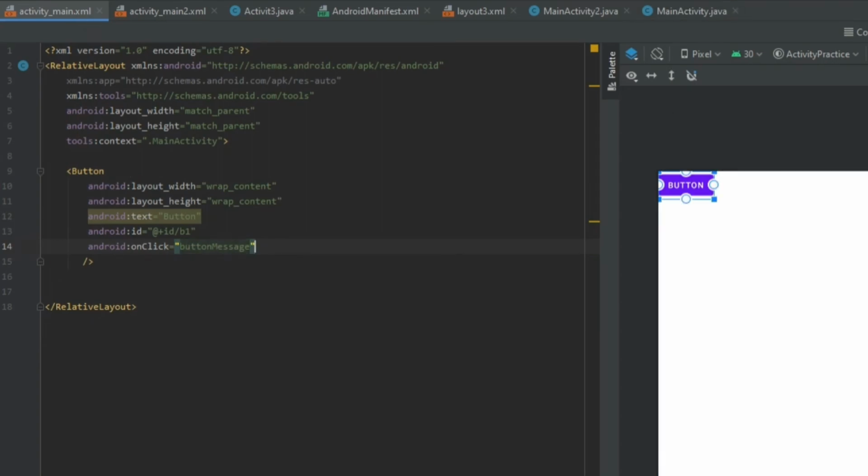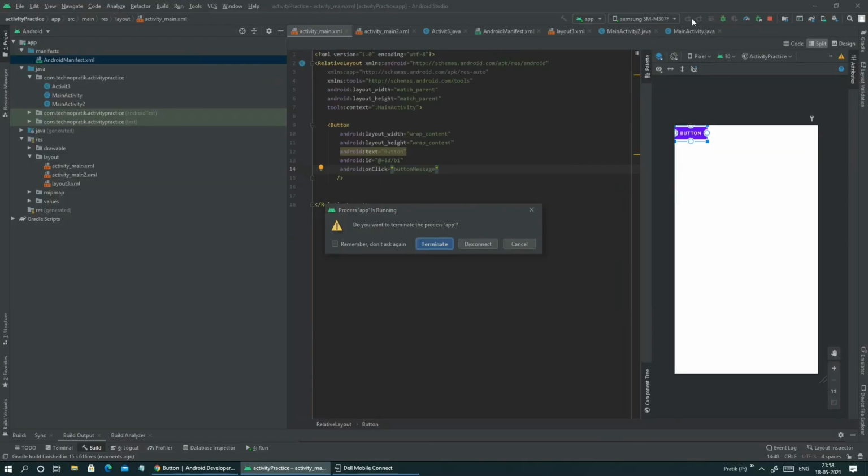Now I will run this, and let's check whether it will work or not. Okay friends, now our app is built and installed in my phone. Let me show you.